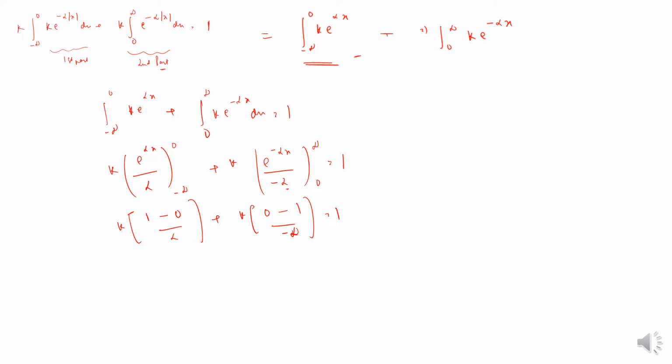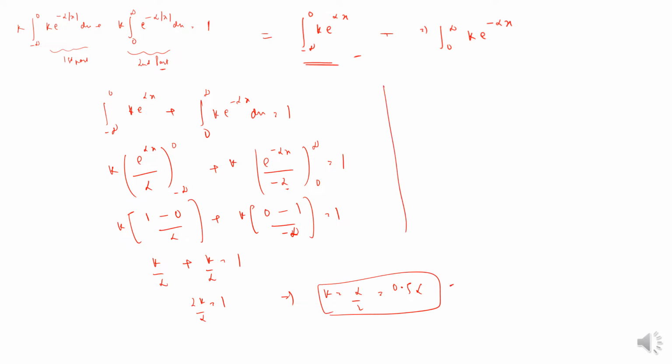Now this is what, k by alpha plus k by alpha is equal to 1. So we write 2k by alpha is equal to 1. So k is equal to alpha by 2. This implies k is equal to alpha by 2, is equal to 0.5 alpha. So k is equal to 0.5 alpha. This is the answer. Now note,